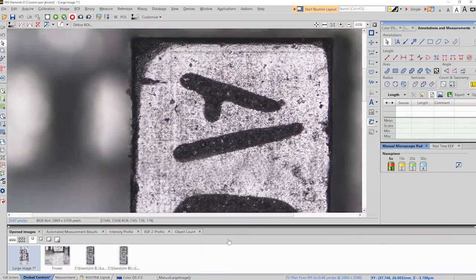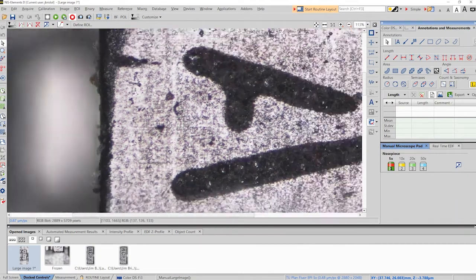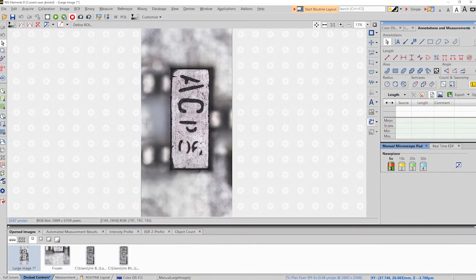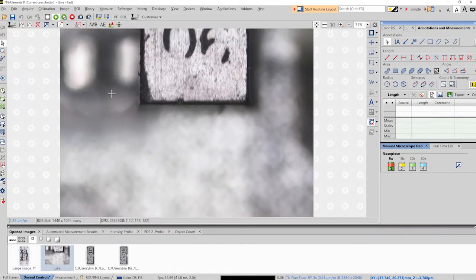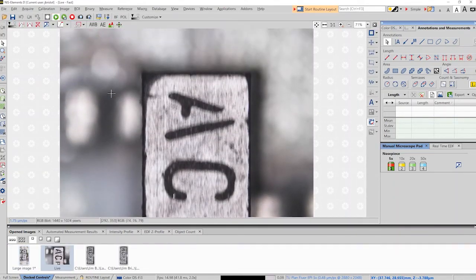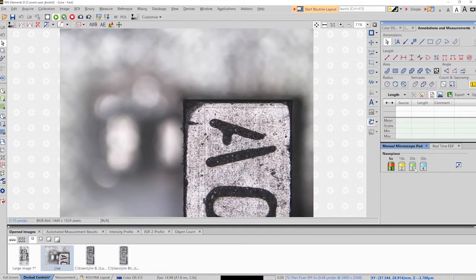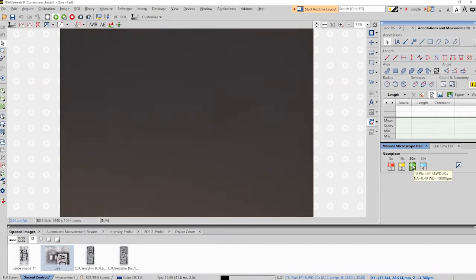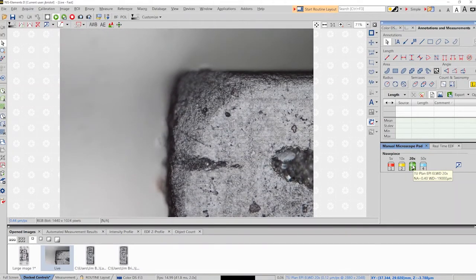We can scan around and look, but as I zoom in, you can see we begin to lose focus because of the lack of resolution of a 5x objective. If we go back to live image, let's go to a 20x objective. We'll center this up corner here,